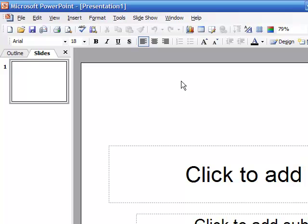In other words, I could get a presentation done in an hour, make it effective, or I could take 10 hours and put a lot of bells and whistles in. So PowerPoint comes down to knowing a little bit about a lot and also having the time to put into it. When I talk about knowing a little bit about a lot, one of the things I want to talk